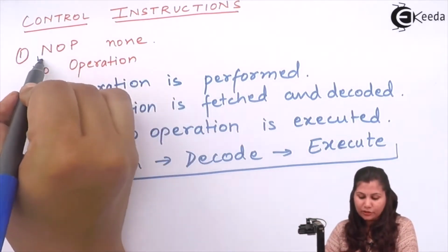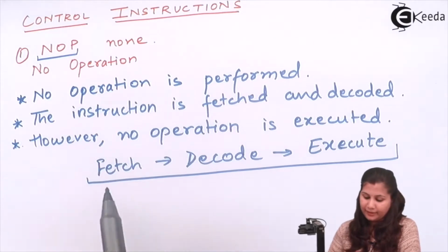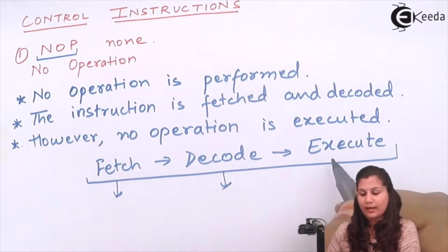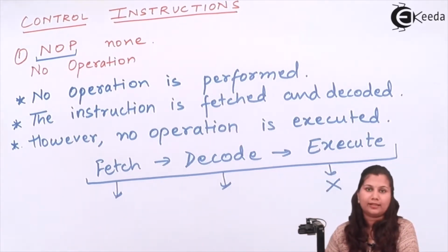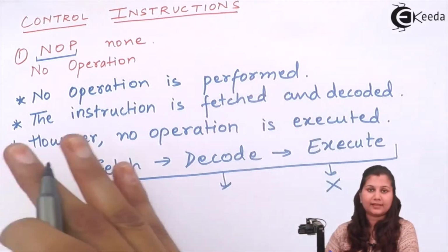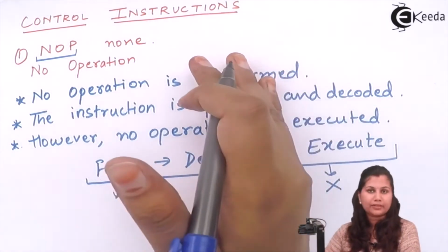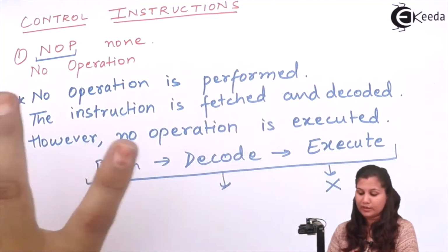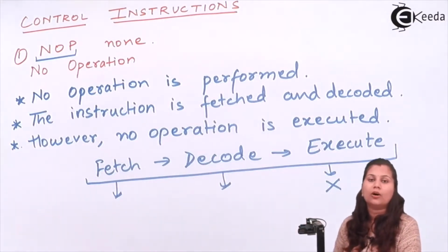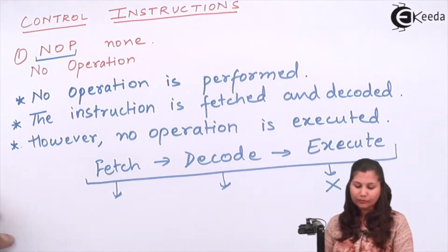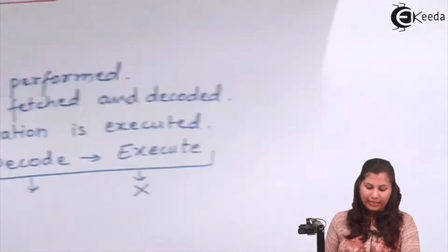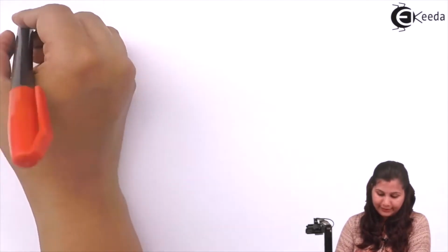So when this instruction NOP is written in the program, the microprocessor will fetch that instruction, decode that instruction, but it will not execute that instruction. So the microprocessor stops its operation at this position. It comes under the control instructions category because it is controlling the working of the microprocessor. So this was the first instruction, NOP, that means no operation. Now the next instruction under the control instructions category is